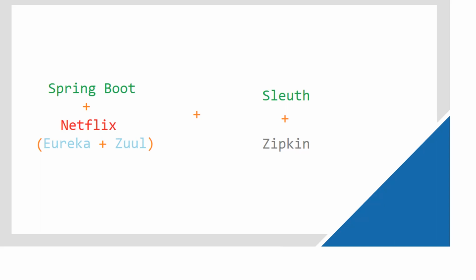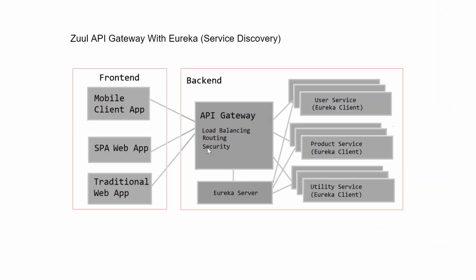In this video, we are going to see how to implement security in an API gateway. Here we are using Zuul to create an API gateway, and now we are going to implement security within this API gateway. We have created an API gateway using Zuul, and we have implemented routing and load balancing within this API gateway. Next, we have to implement security within this API gateway in order to secure our backend services.